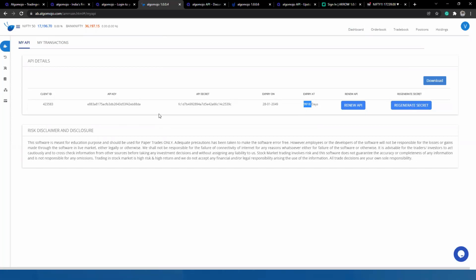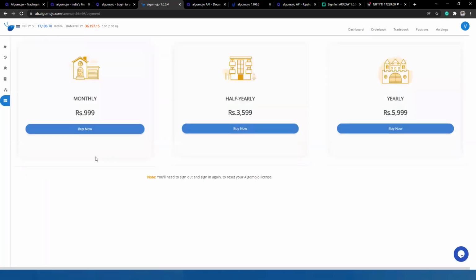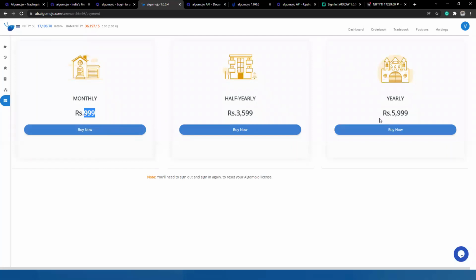And if you want to stick with your existing account itself, then you can take a subscription. The subscription fee is 999 for monthly, and for annual users it is as low as 5,999, which is approximately 500 rupees effective price per month, one of the lowest costs across the industry. That way you can stick with your current existing account. You don't need to open any new accounts, because some people don't want to move their funds. They are okay with managing their funds in their existing account and are happy with their existing broking account. In that case, only those traders have to pay the fee.